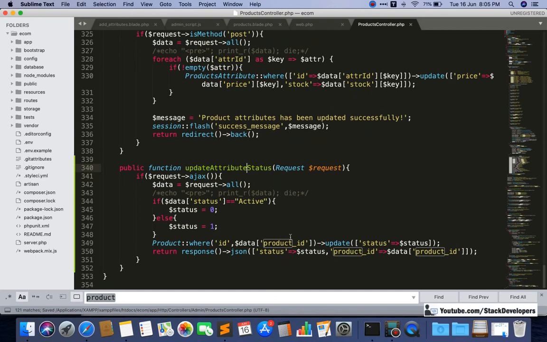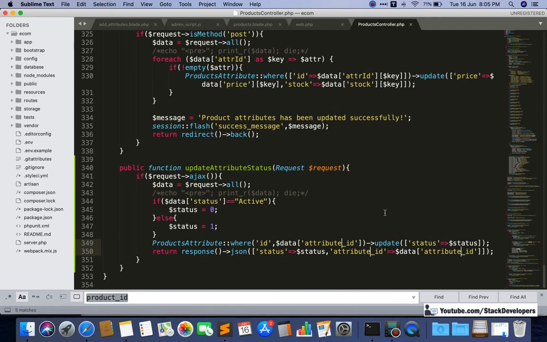Here, in place of product, I am going to give products attribute like this, and in place of product ID I am going to give the attribute ID. Okay, see, all these things we have done earlier, so we have completed it very quickly.